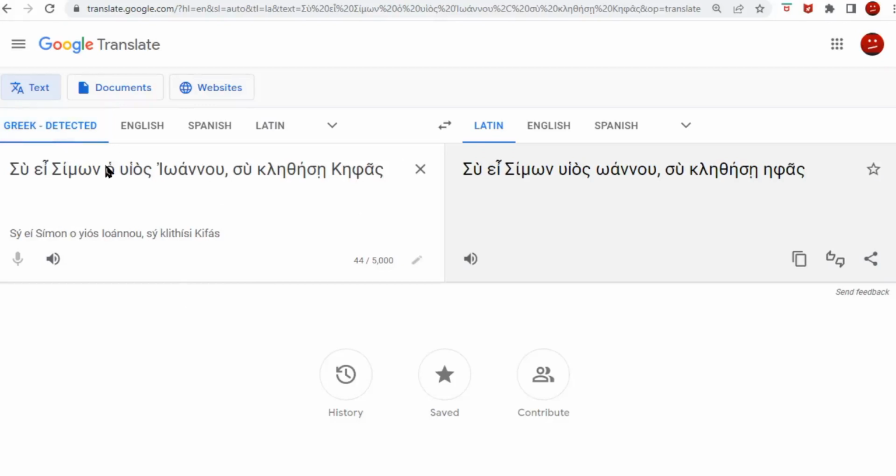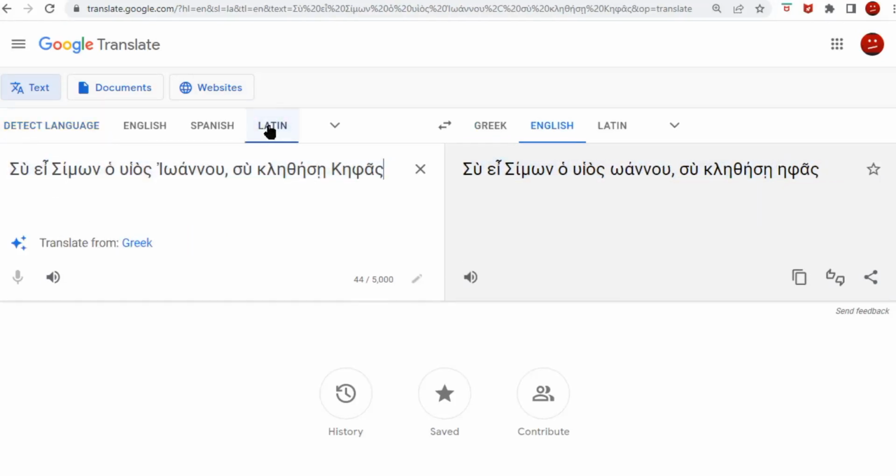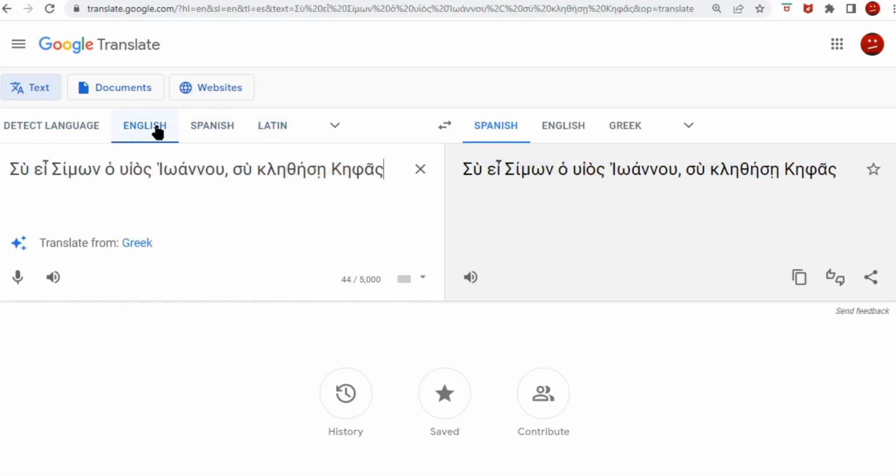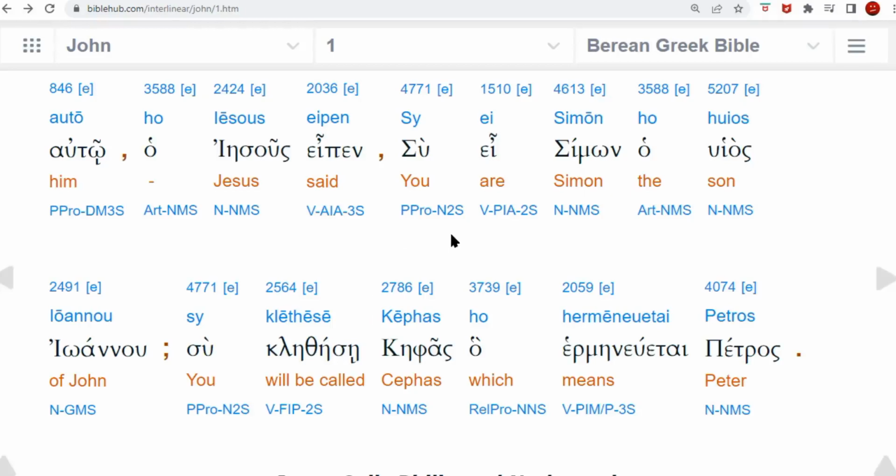So we grab this spell and we put it in a translator and let it detect. It detects Greek, but it doesn't translate it. It doesn't translate it from Latin, Spanish, English. And that's because this is the most embarrassing line in the Bible. But what it says is